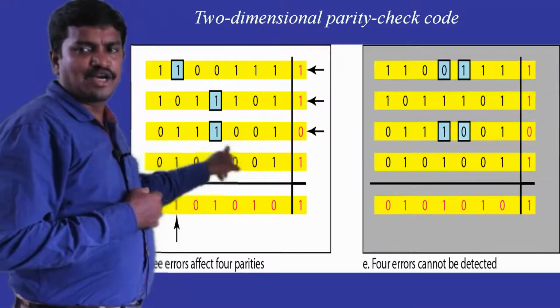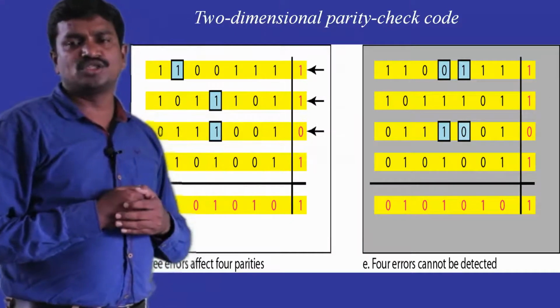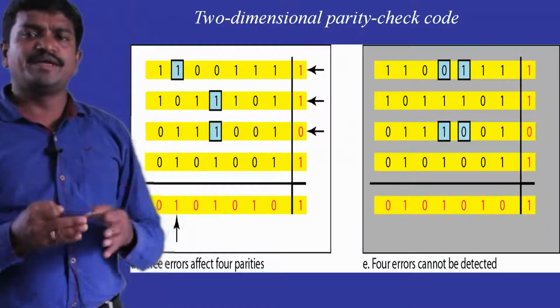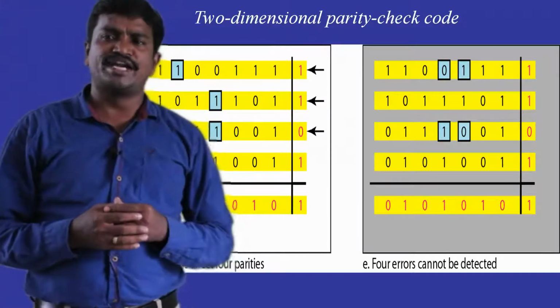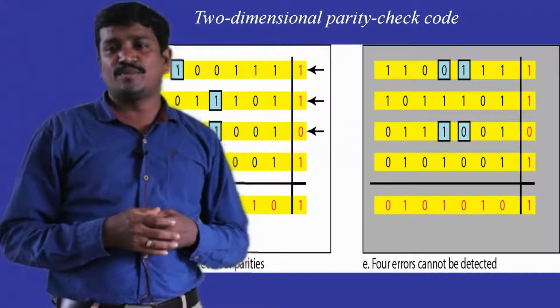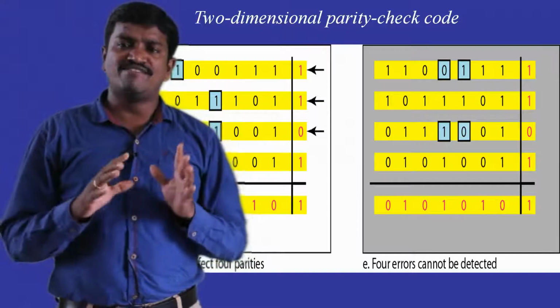But this cannot be caught by the column parity, but it can be caught by the row parity. So this way, 3-bit errors are also easily detected with the help of this 2-dimensional parity check method. But we come to the point where the 2-dimensional parity check method fails, when you have 4 errors